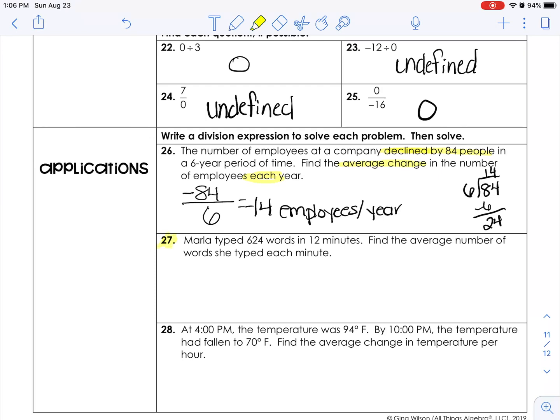Go ahead and highlight number 27 and 28. That is all I have for